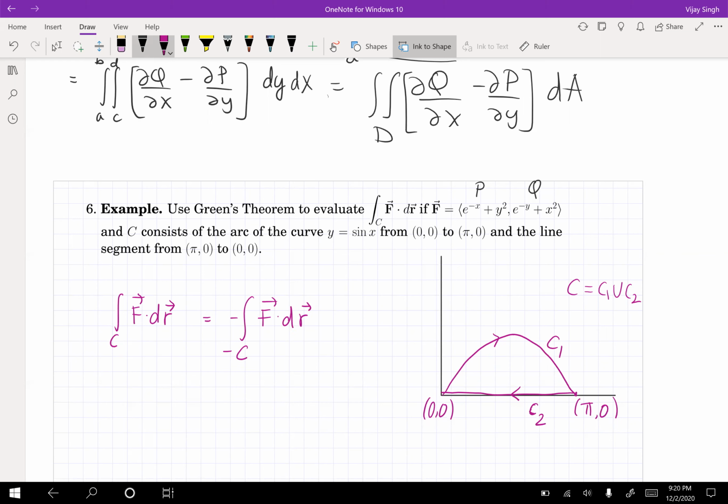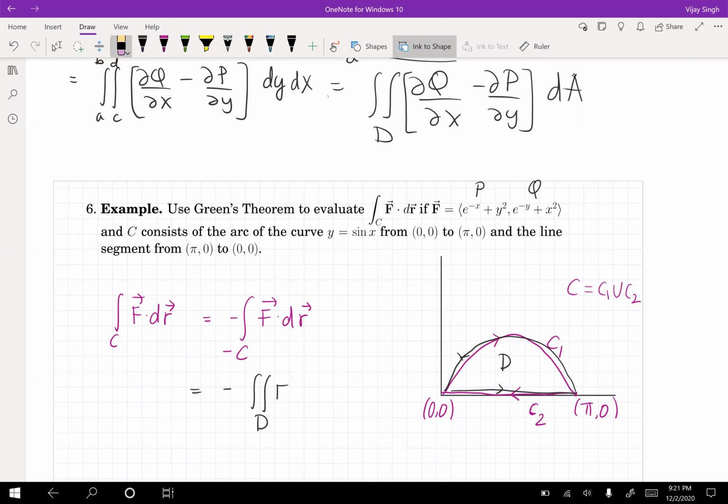So minus C is in the other direction, in the positive orientation, right? So now this is going to be minus the double integral over region D